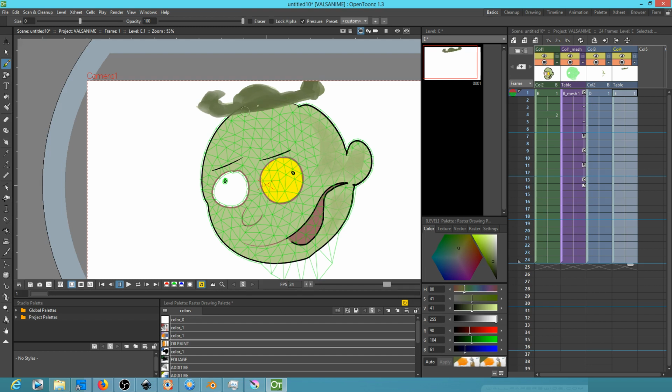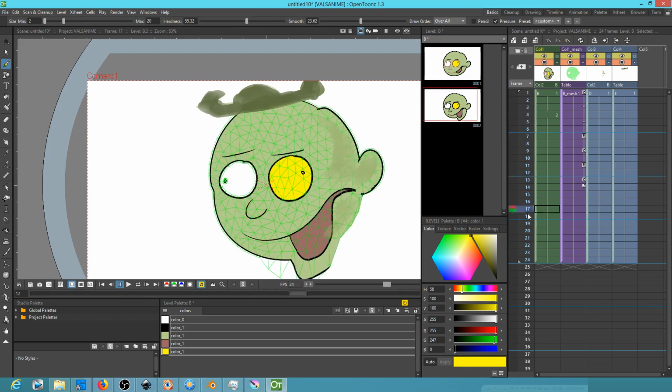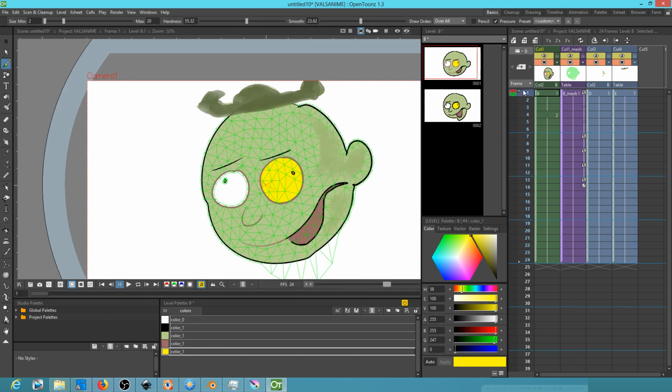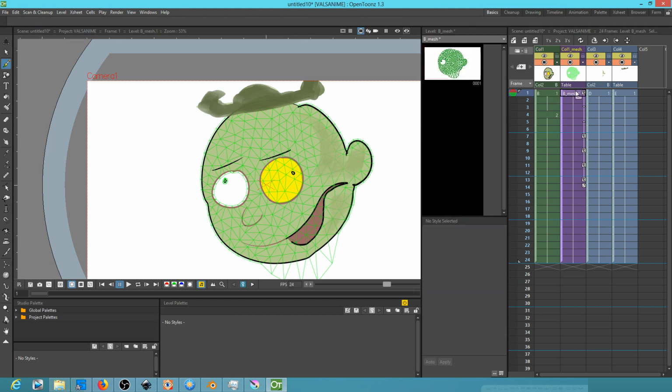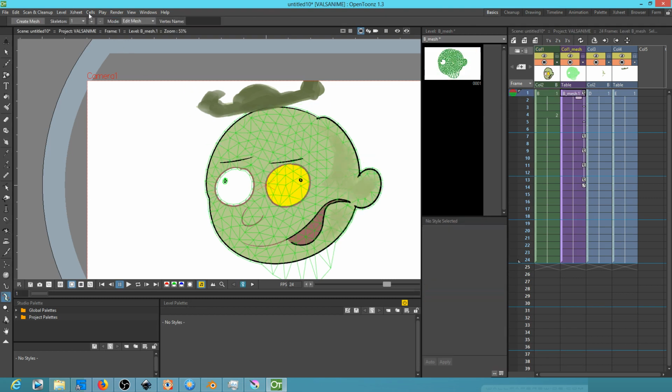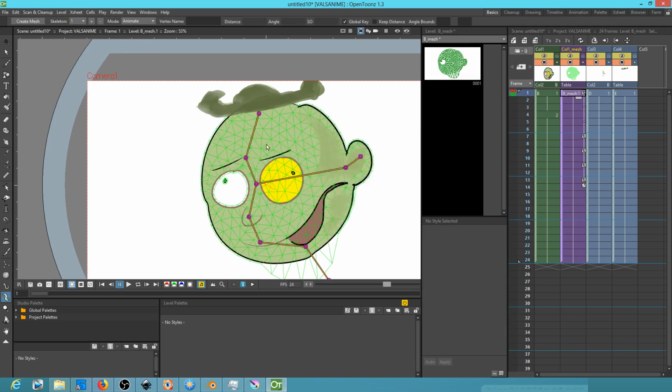The only reason I'm showing you this is so you can see something about the plastic tool. Once you start fiddling around with all the deformations and stuff, there's something about it that you probably didn't consider, which is this. If you go here and hit the X key, and